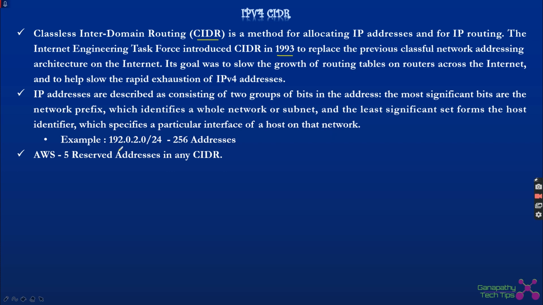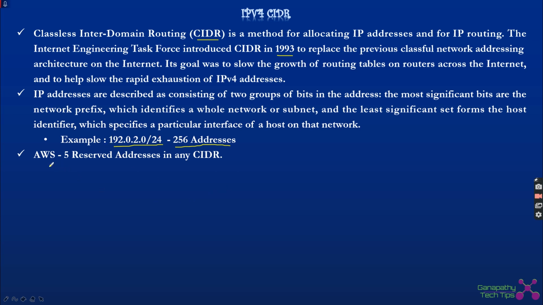So this is how CIDR looks. In the previous case, where /24 is not mentioned, we discussed only one address. In CIDR we represent that by /24. If you put /24, we are going to have 256 addresses which belong to a specific range. How to calculate the range, we are going to see.